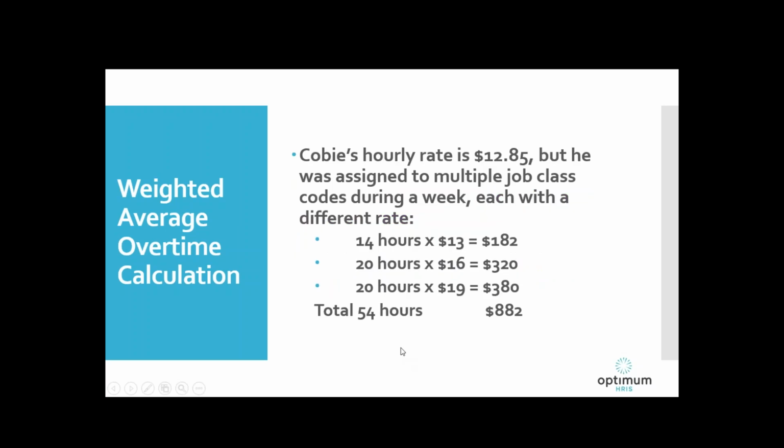Here's an example. Kobe normally makes $12.85 an hour, but last week he worked 14 hours in shipping for $13 an hour. He also worked 20 hours in the cabinet shop for $16 an hour. And he finished the week with 20 hours in the sanding room where he was paid $19 an hour. He worked a total of 54 hours and made a total of